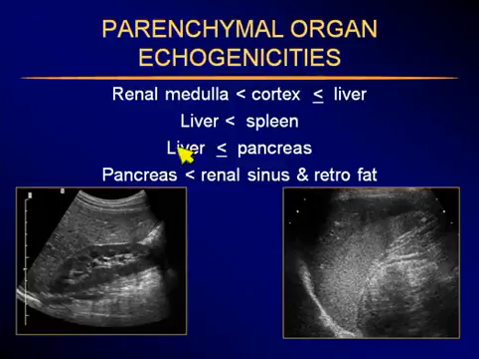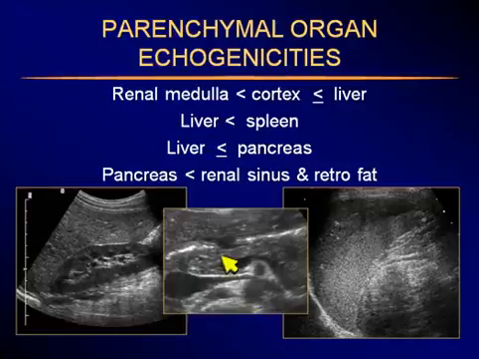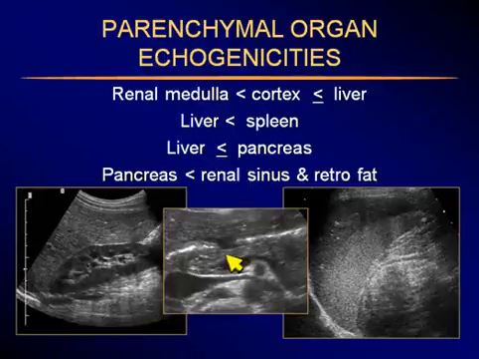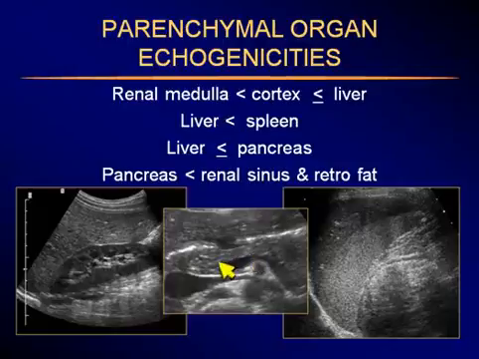Now, the liver is also less echogenic or equal in echogenicity to the pancreas. Pancreas is usually more echogenic, but they can be equal, especially in younger people. So here is pancreas, and here's the left lobe of the liver, and they're fairly equal. When we compare echogenicities, we should be comparing at a similar depth